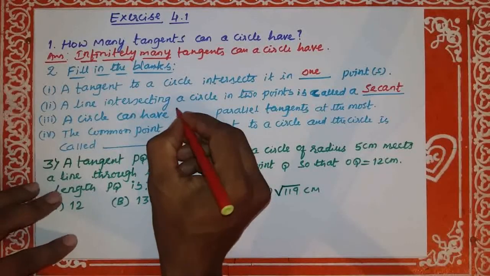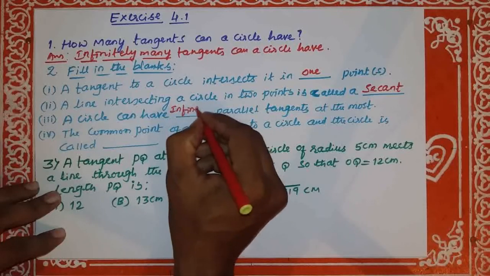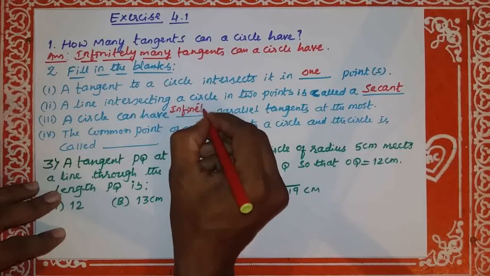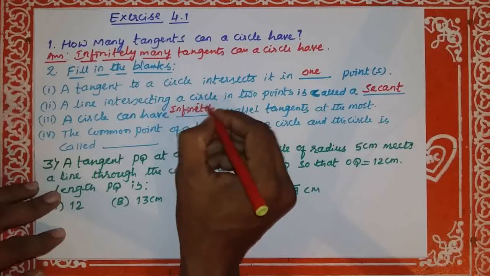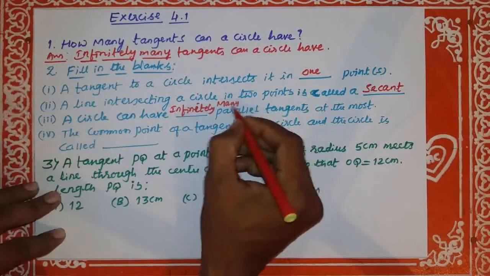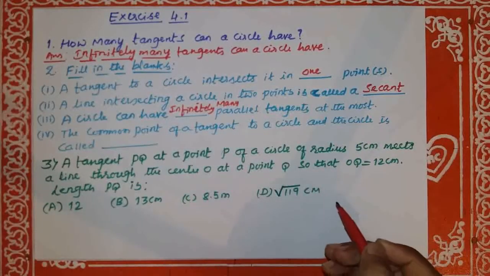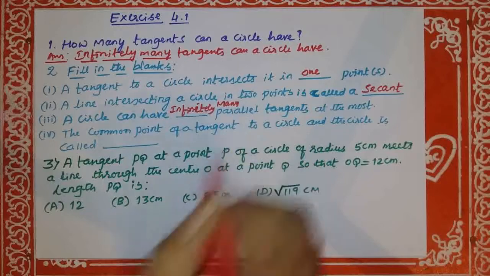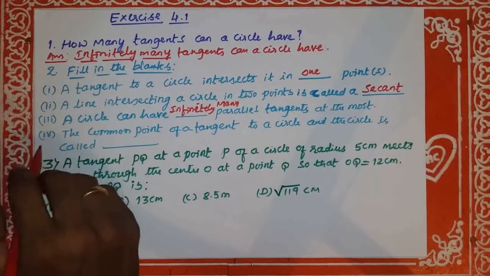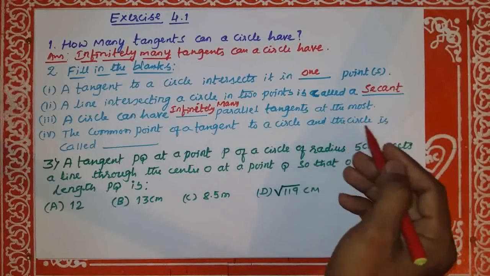What can we write? Infinitely many tangents. Many parallel tangents at the most. This is the right answer. Okay, fourth question we have,